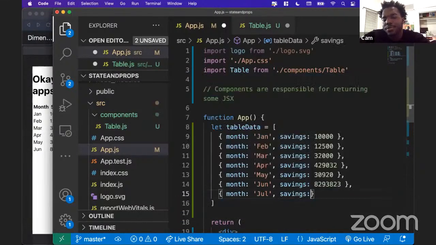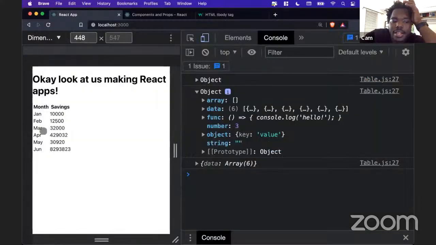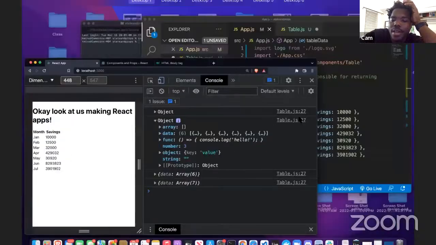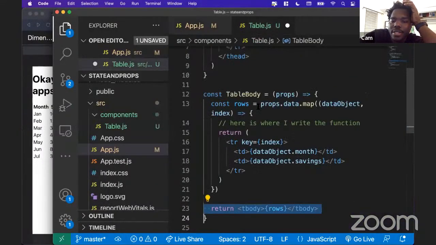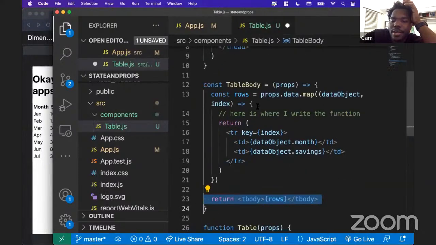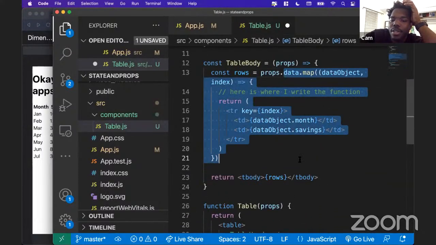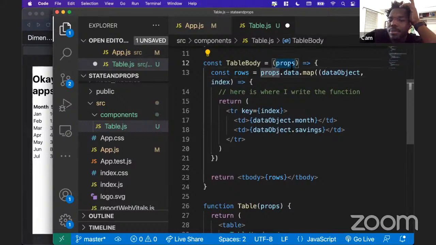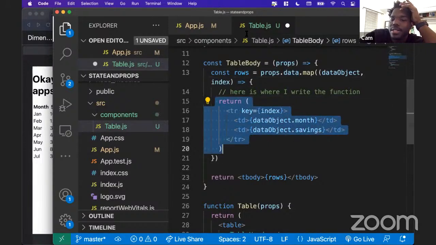and have those changes reflect in our table, right? So I'm adding July here. And as I added it in the app.js, we see that it comes back in the table. And the reason why is because the array doesn't care. This array that's mapping through all of this doesn't necessarily care how long the data is. It says, hey, for however long this data is, I'm going to go through and run this function, which is why this is a much more scalable solution than if I was just writing out all of these table rows,